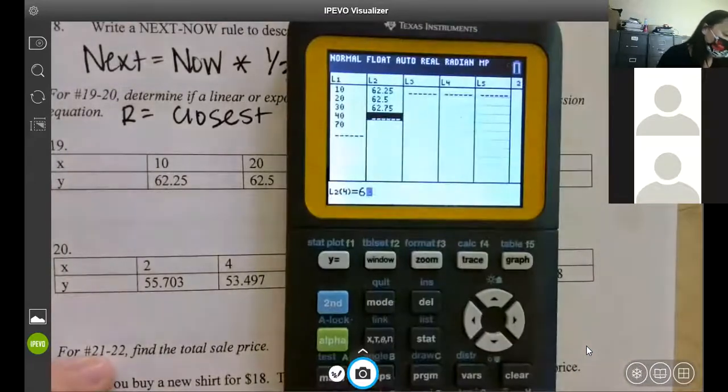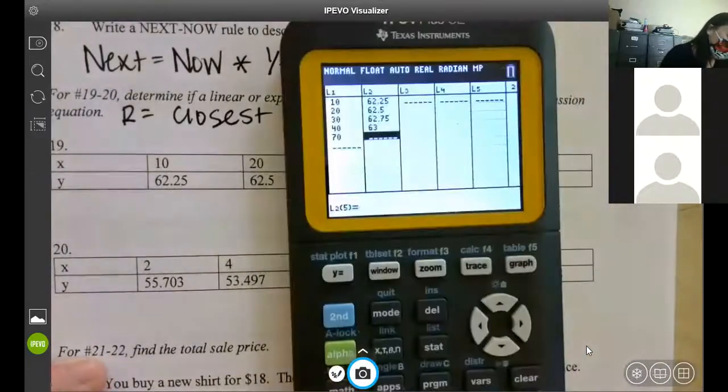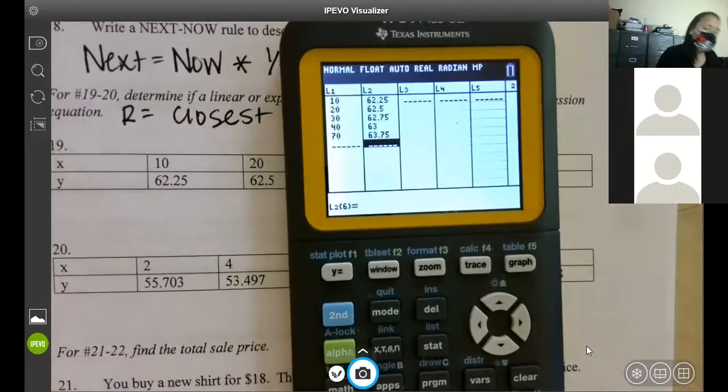This one you might be able to tell as you're putting in your Y's. Can y'all see what's happening in the Y? What's happening in the Y values? It's going up by 5s. Not 5, but